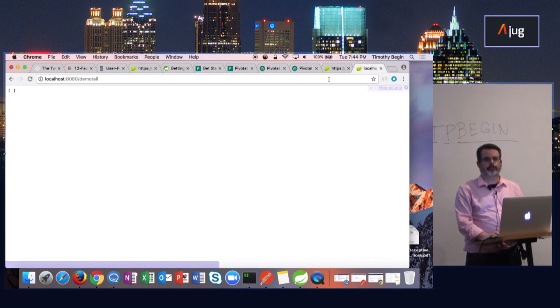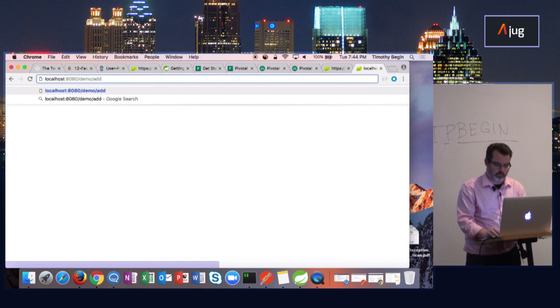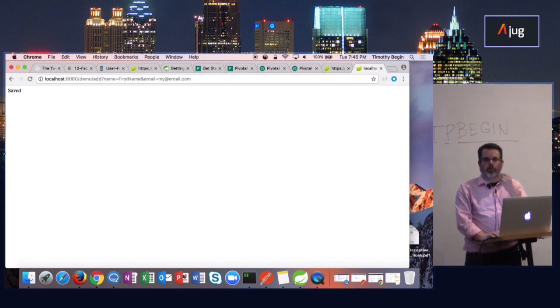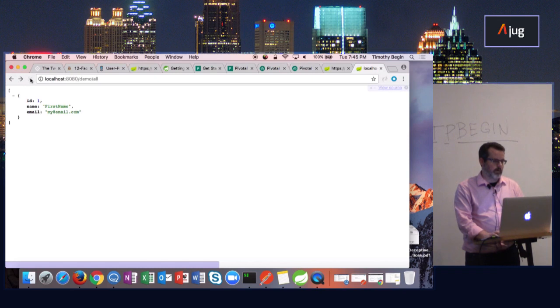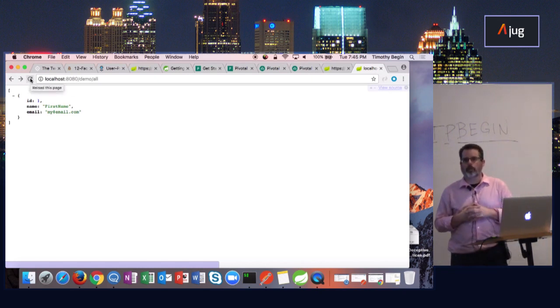So there's nothing there. If I do the add endpoint, it just told me that it saved it. And if I go back and do my all again, it will give me that back from my persistent method.